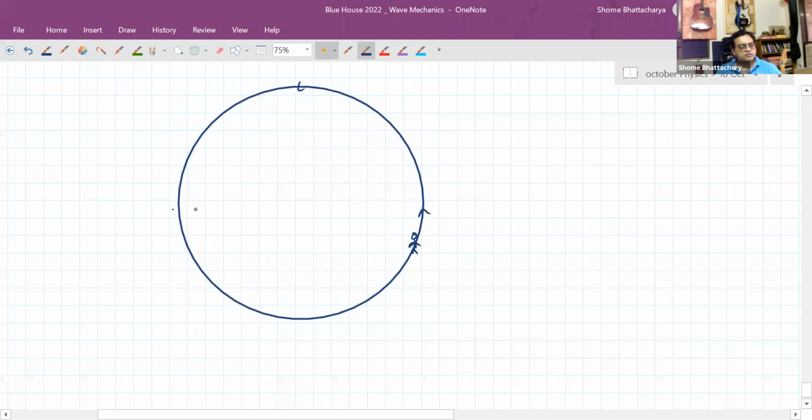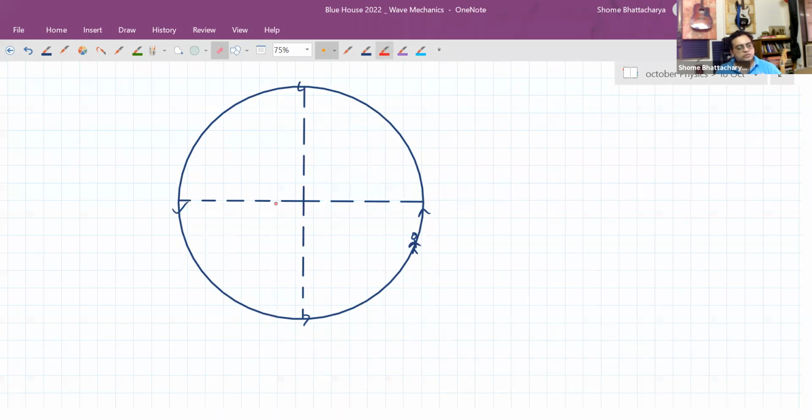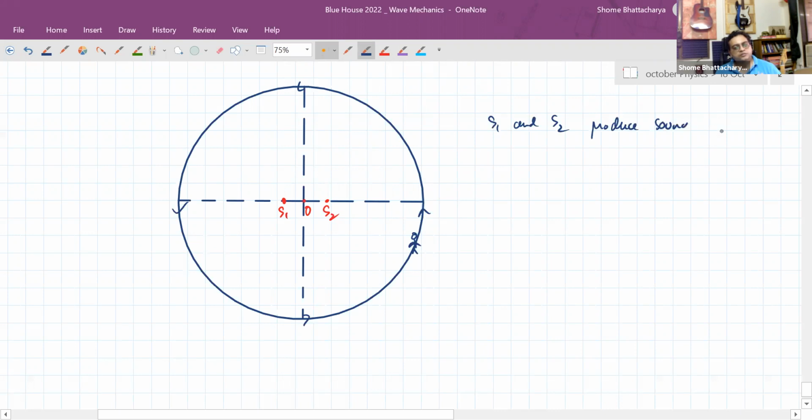With respect to the center of the circle, at two symmetrical positions, we place two sources. S1 and S2 are symmetrical with respect to the center, and they produce sound of the same frequency f and wavelength lambda. So if OS1 is equal to OS2 equal to 3 lambda, then